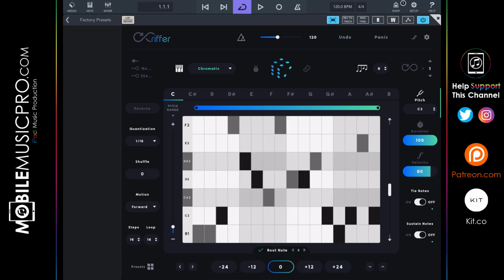So the first thing I want to draw your attention to is the quantization setting on the left-hand side. You can see that it is currently set to 1/16. You can change that by just tapping the 1/16 and changing that at any time. Below that, at the bottom, there are a couple of settings, steps and loop, that we currently both have set to 16. And finally, the top right-hand corner is the number of notes that get generated in this sequence,